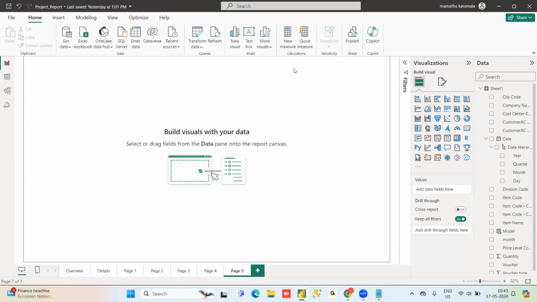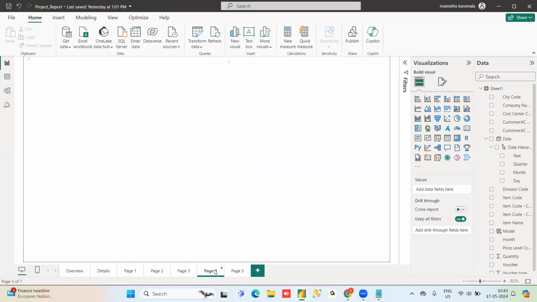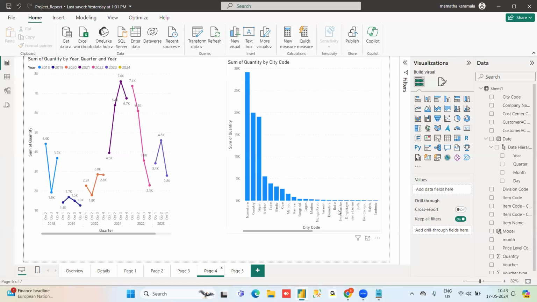Okay, for what purpose did I say, especially this pie chart? You can ask me one more doubt here. Here these many cities are there.